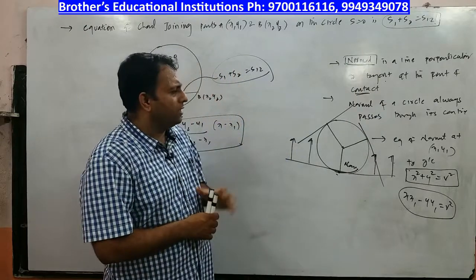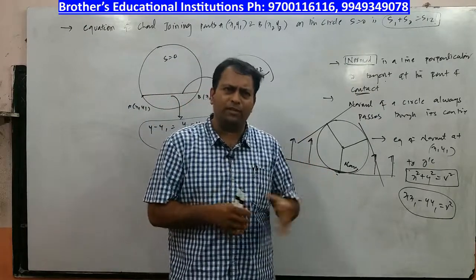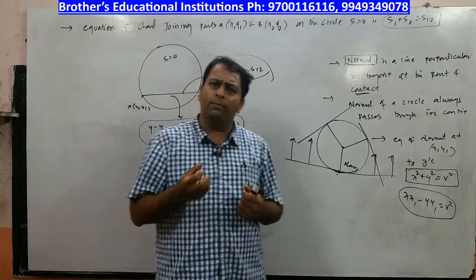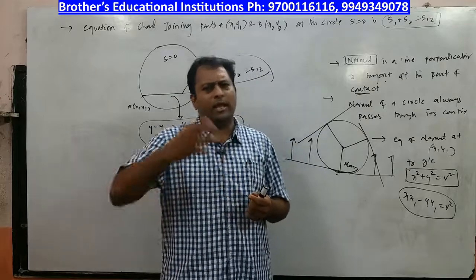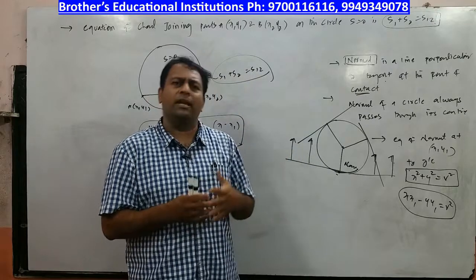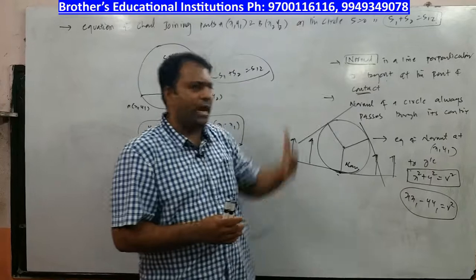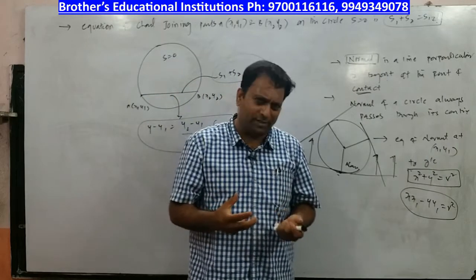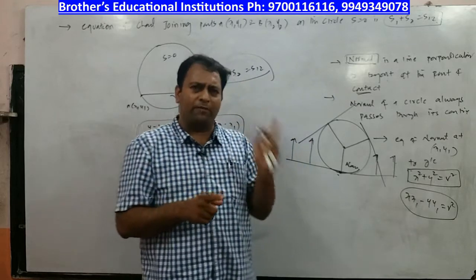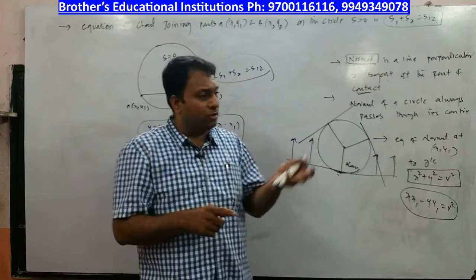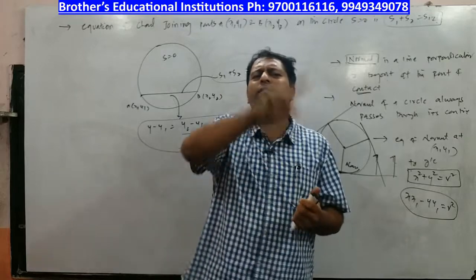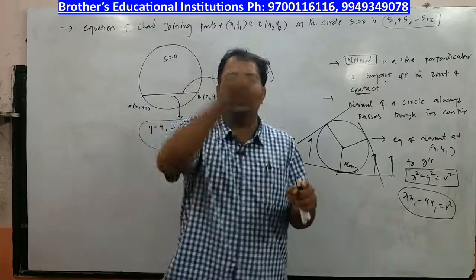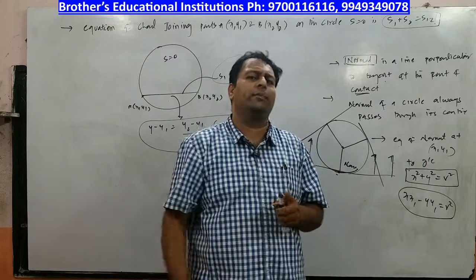So children, this is the concept, and this is our first part. We are trying to see a few more concepts related to polar, chord of contact, and any other issues, which we'll try to cover in our second part. Meanwhile, I want you to practice this, draw figures and try to do problems based on this. The more you practice, the more perfect you will be in the concept. The more concepts you read, the more problems you can do. So it's a deadlock situation, and where to enter? Anywhere you can enter, but you must keep doing it again and again. Only then will you get a grip on the subject.